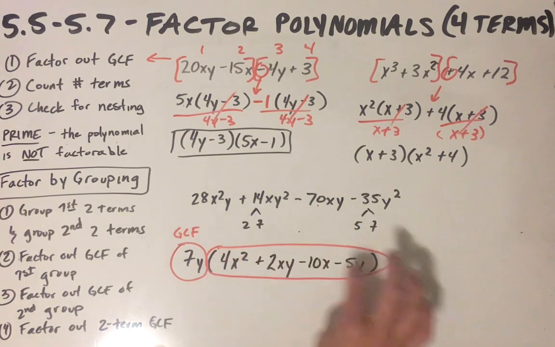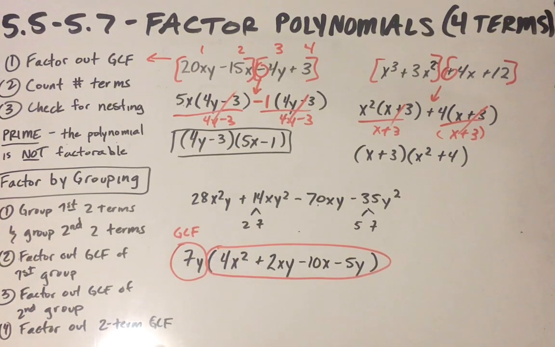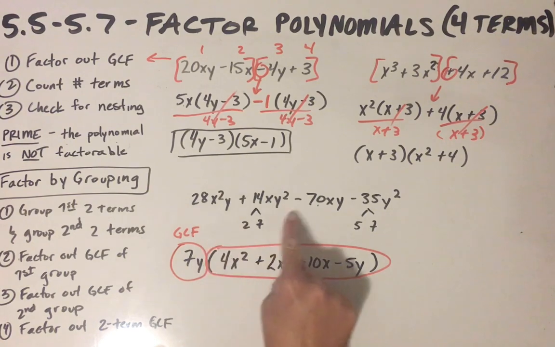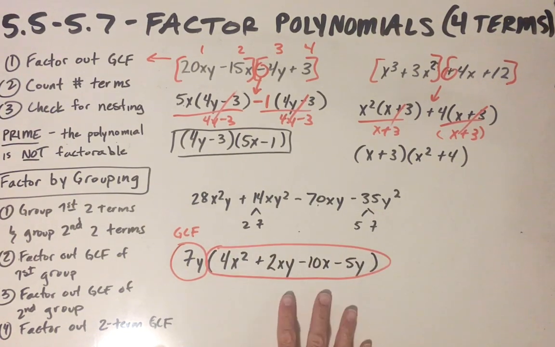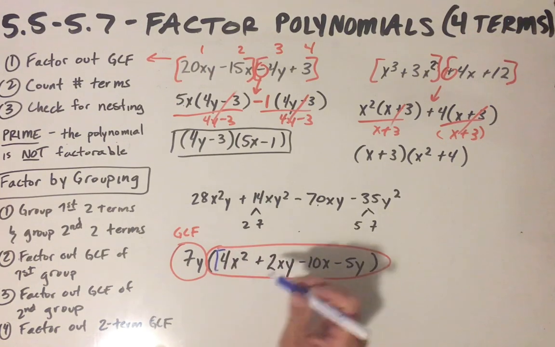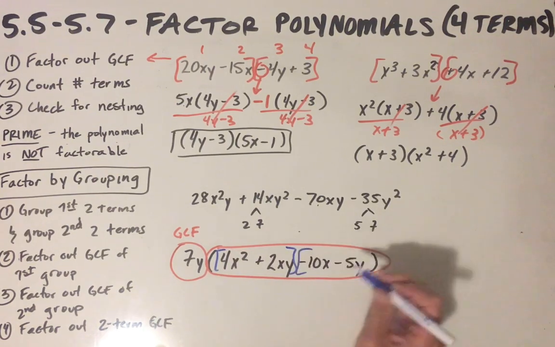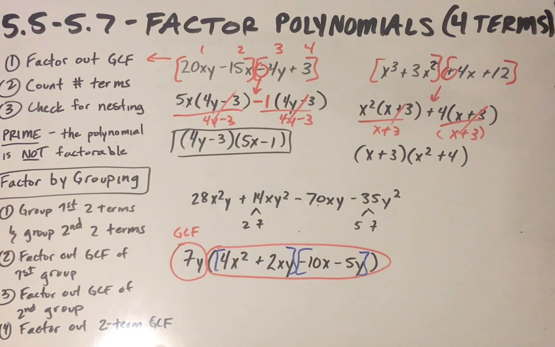Because the GCF is multiplied, related through multiplication, it doesn't count as a separate term. And you can see that here, there's 1, 2, 3, 4 terms. Okay, so we've got a 4-term polynomial. So I'm going to factor by grouping. I'm going to use a different color here just so we can see what's going on. I'm going to group the first 2 and the second 2,